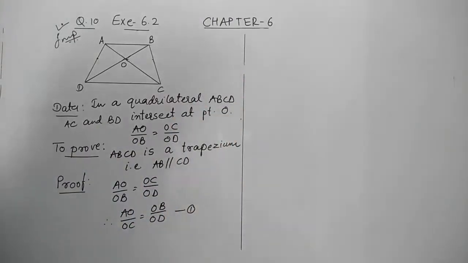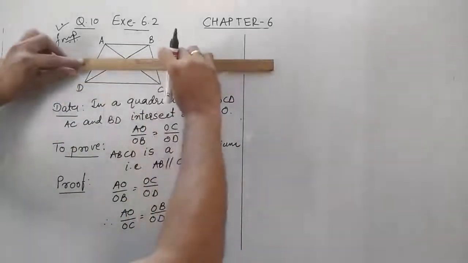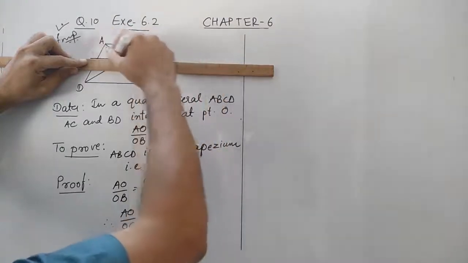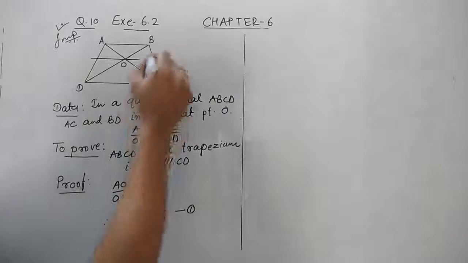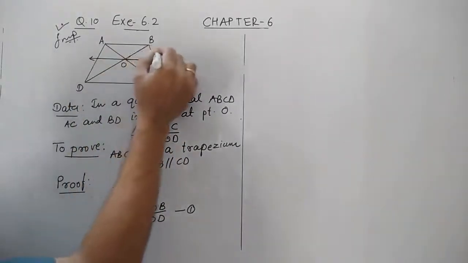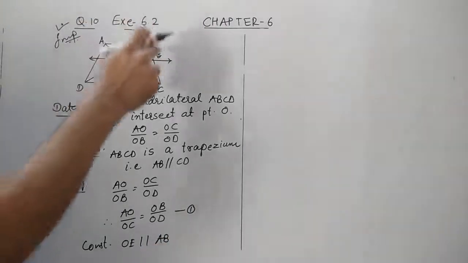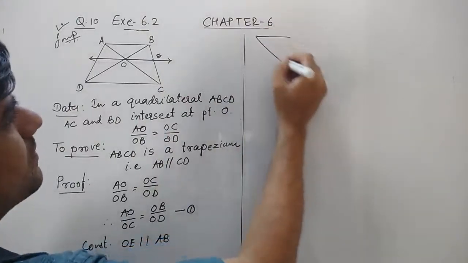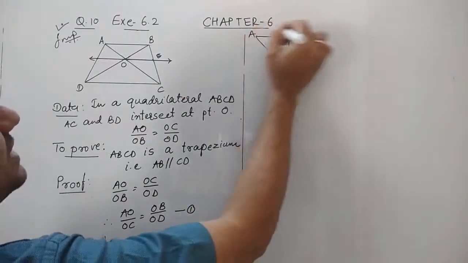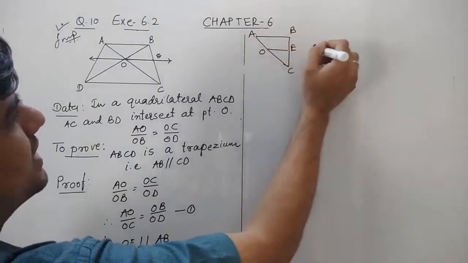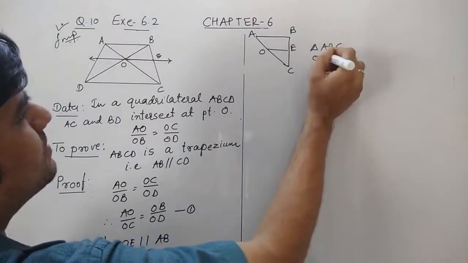Now it is like the same as what we have done in the previous one. We will draw one line which is parallel to AB. Let us construct a line passing through point O which is parallel to AB. So let me just note it down. Construct OE parallel to AB. So for this triangle ABC, if I draw this, see, this is not compulsory every time you have to draw. This is for your betterment, understanding. I am doing this. So for triangle ABC, OE is parallel to AB.